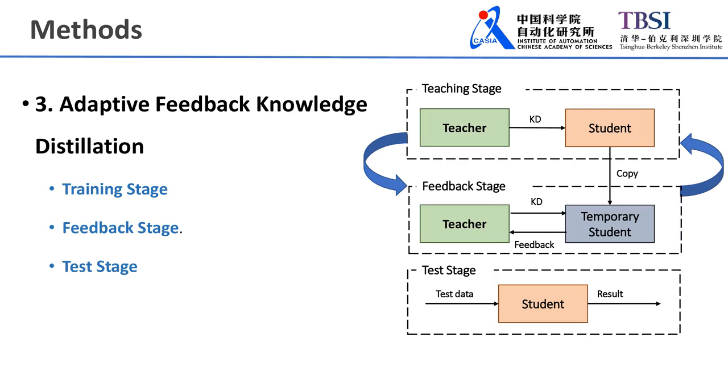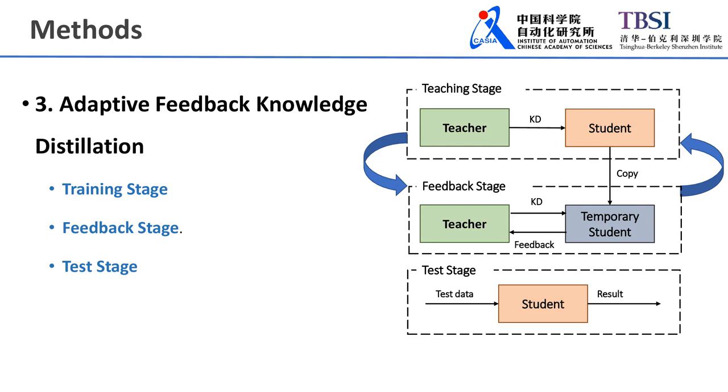In existing knowledge distillation methods, multimodal teacher models are usually frozen in the knowledge transfer process. The proposed adaptive feedback knowledge distillation is designed to solve this problem by adding a feedback stage to the traditional knowledge distillation. Our pre-trained multimodal teacher model is able to adjust itself according to the performance of the unimodal student model. In turn, it is able to transfer knowledge that is more easily understood by the unimodal student model and enhances the knowledge transfer effect.